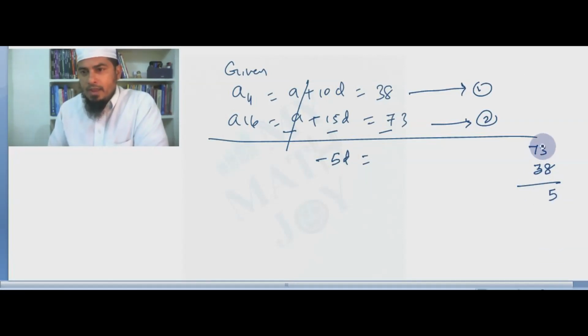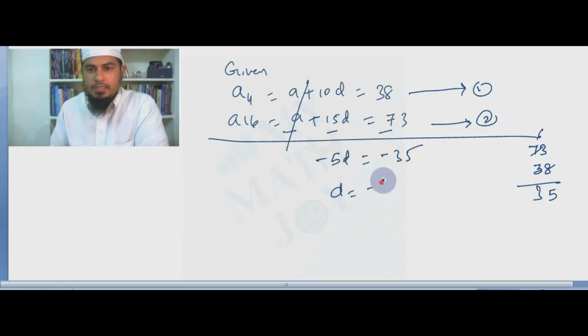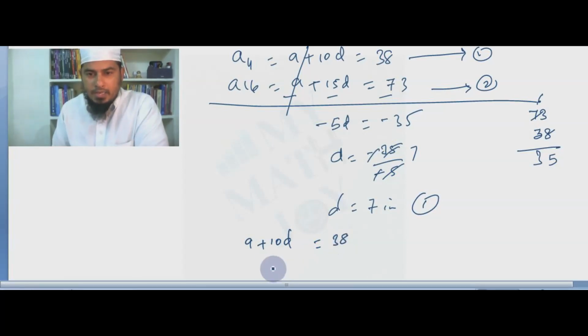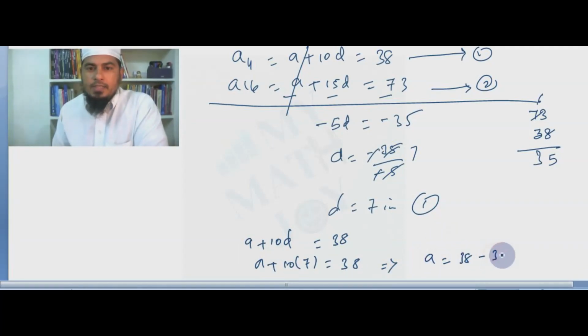We get a 5, then 35. So we got a negative 35. D is negative 35 by minus 5, cancel to get exactly 7. D is 7 in equation number 1. When we substitute, what do we get? A plus 10D is 38. A plus 10 times 7 is 38, to get A is equal to 38 minus 10 times 7, which is exactly